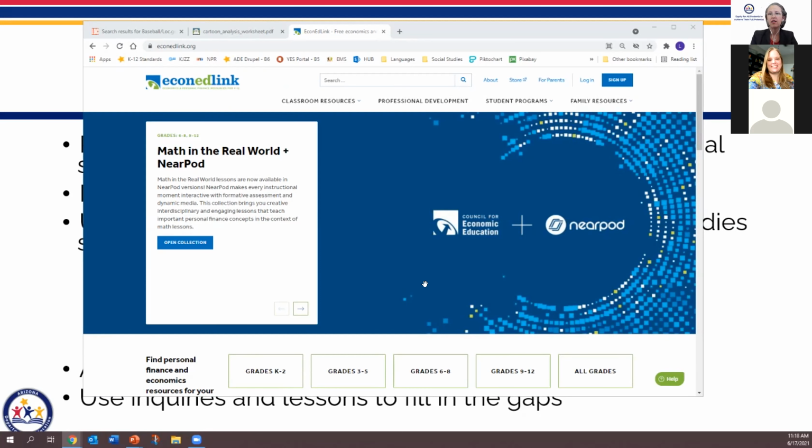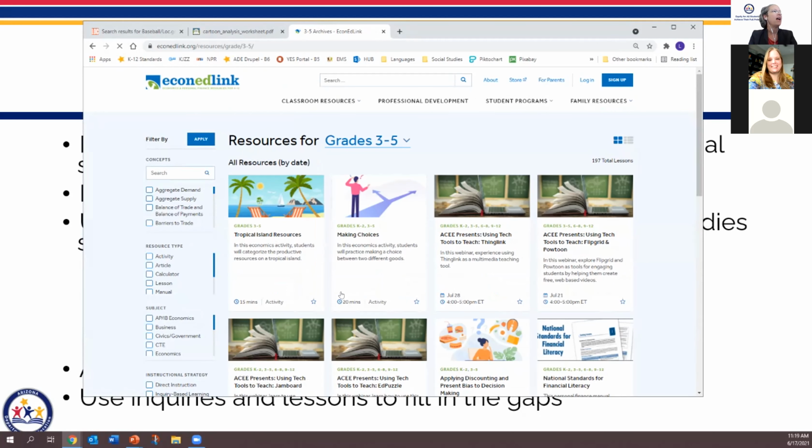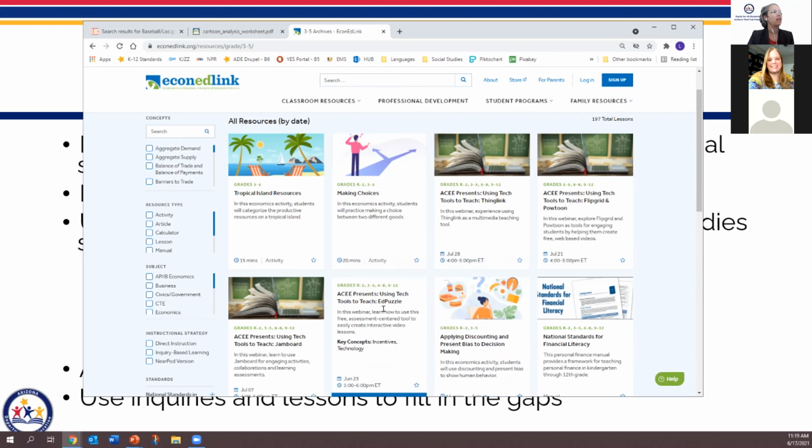But the nice thing is we do have local things, like the Arizona Council on Economic Education often does elementary trainings on how to use children's literature with economics. So again, you're combining that ELA and social studies together. This is another one where you can select lessons for grades 3 through 5. And what I like is it not only includes lessons, but it includes ways that you can educate yourself. If there's something you're not sure about, it has plenty of things on how to use, for example, Edpuzzle if you're teaching.